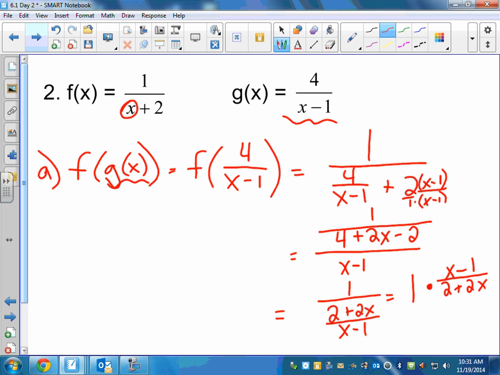I just combined it, 4 minus 2, which is just a 1 on the top, which means it's really just this as my answer. Do you agree with that? So I think I'm going to go back over here, and I'm going to say f of g of x, when I finally simplified it all, I get